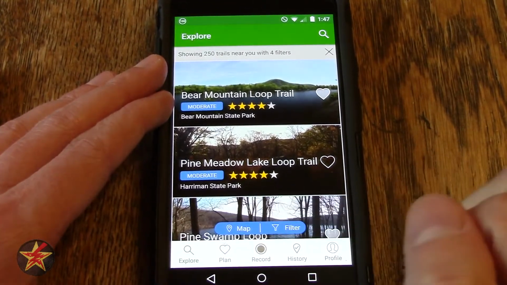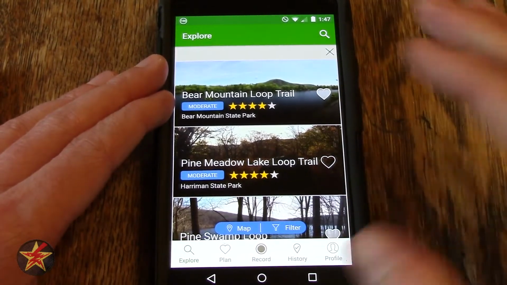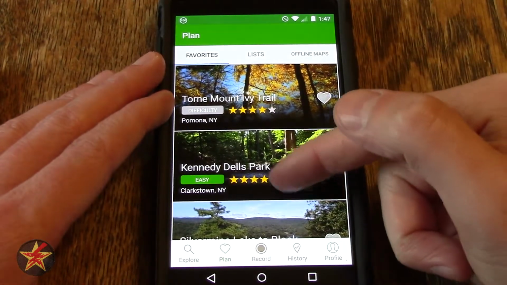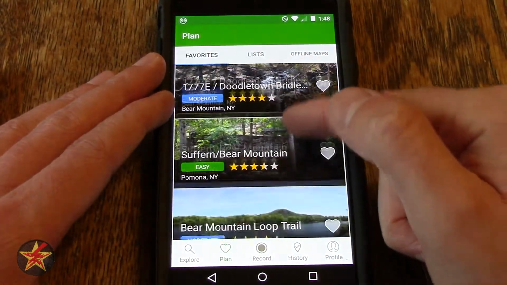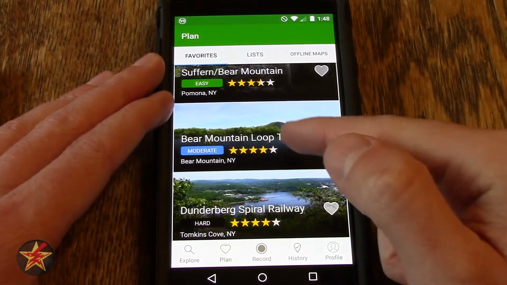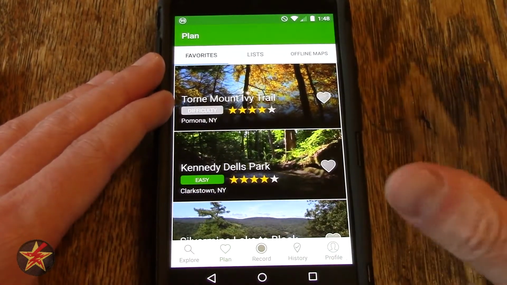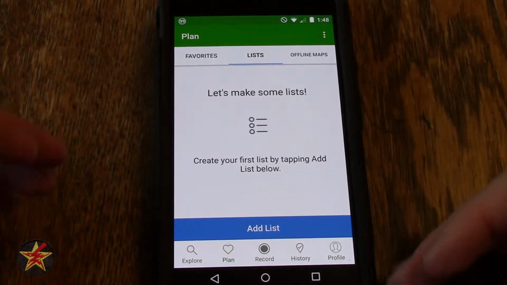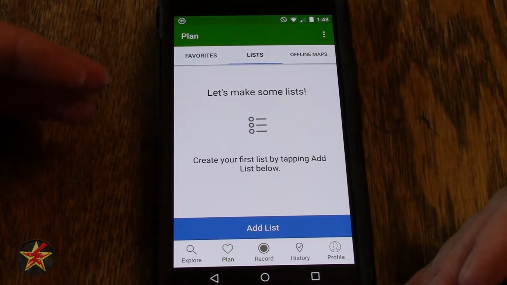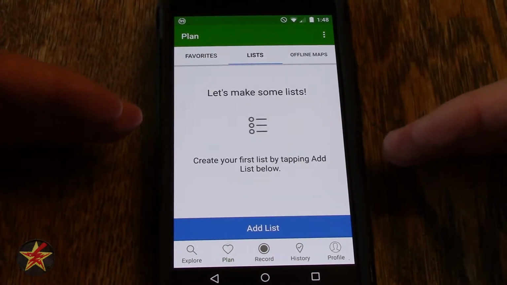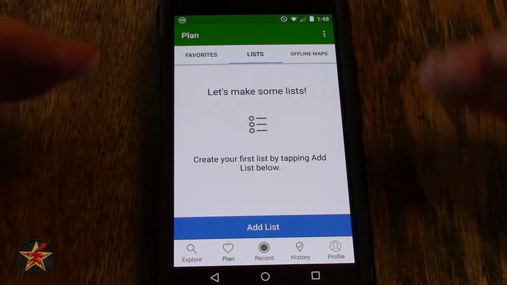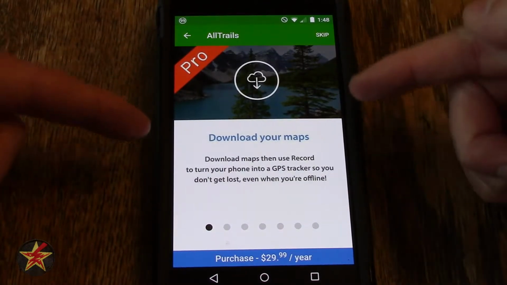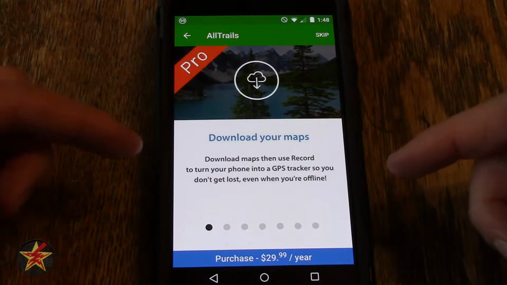We've been looking just at the explore, because explore is where you end up by default. So let's take a look at plan. Under plan, you can see my favorite trails, and the ratings are still not my ratings. They're just basically the aggregate of everybody's ratings. Lists. This is something I don't use, but it is a sharing feature, so you can have lists of specific trails that you want to share with either yourself or others. You have offline mode, which, here you go, Pro. You need to download extra things,